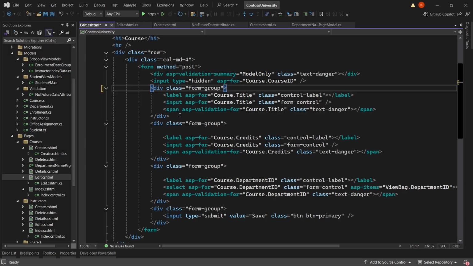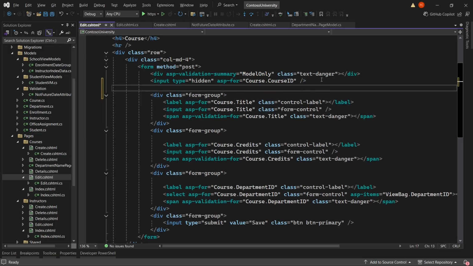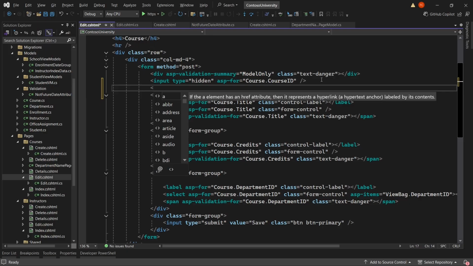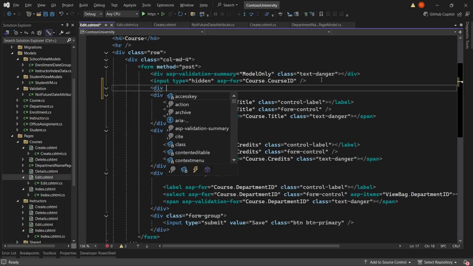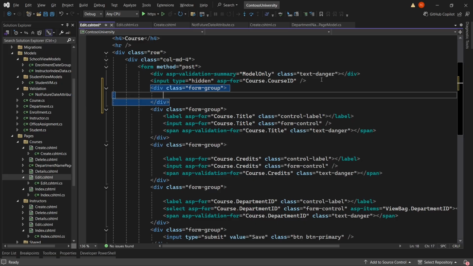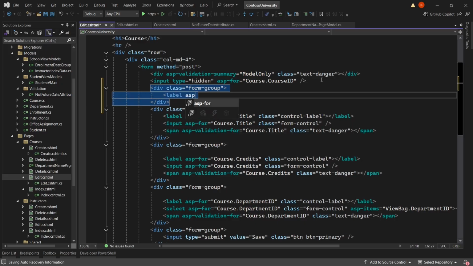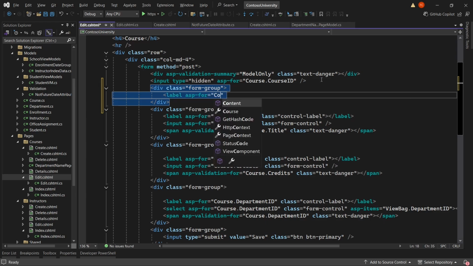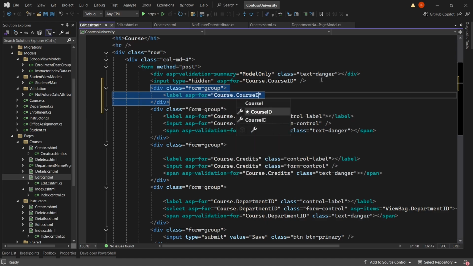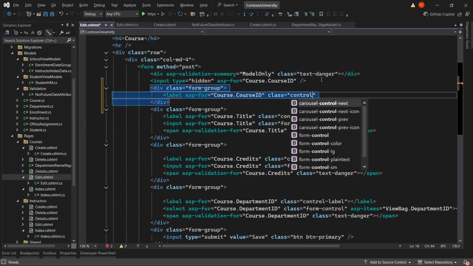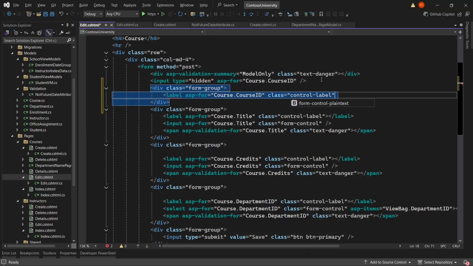So let's go ahead. I think I'll do it like this, where we're going to say div, and this is going to be of the class form-group, and then we're going to have this. We're going to create a label, asp-for course ID, class control-label, and then the label is going to be empty,